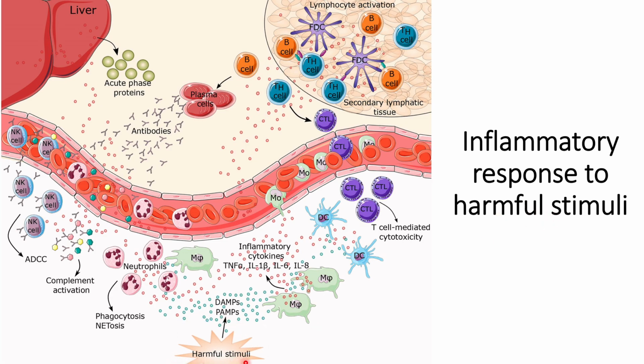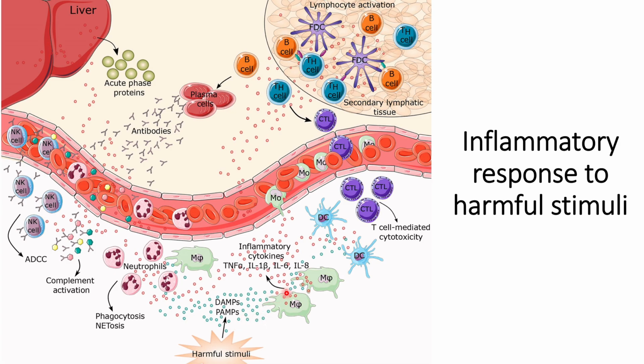So whenever there is a harmful stimulus, it will lead to the release of DAMPs and PAMPs, that is damage associated molecular patterns or pathogen associated molecular patterns. Along with this, there is also a release of inflammatory cytokines such as TNF alpha, interleukin 1 beta, interleukin 6, interleukin 8, and all this will lead to activated macrophages coming to the site of the harmful stimulus,